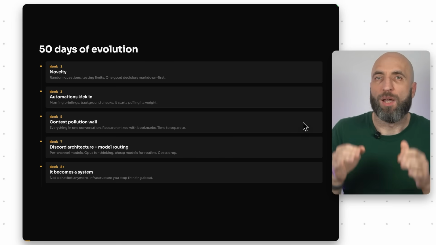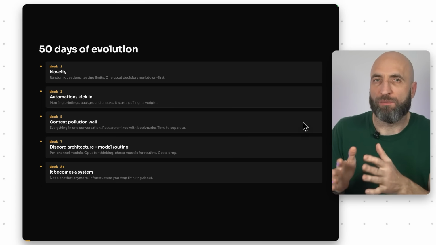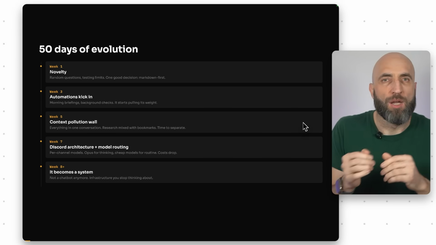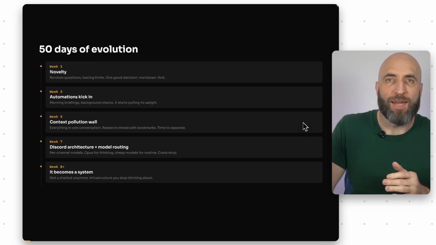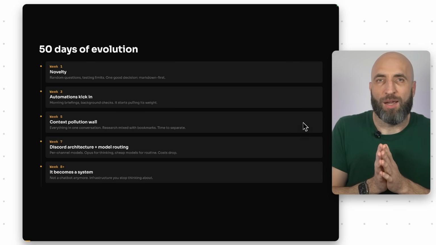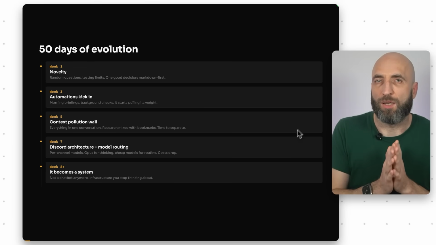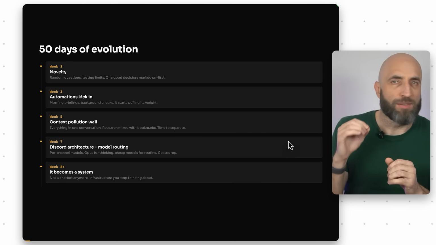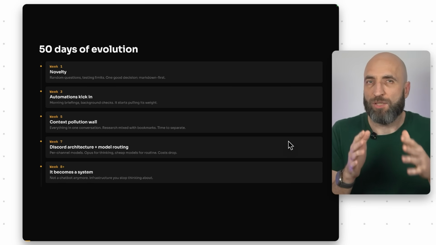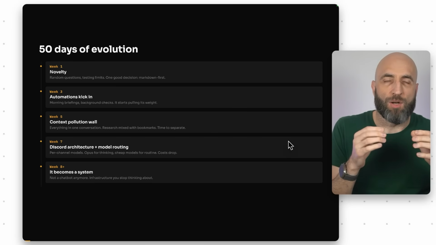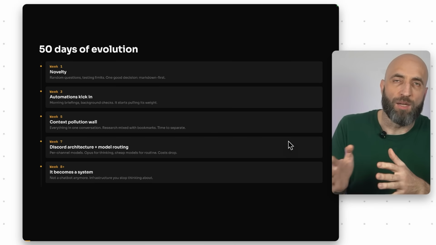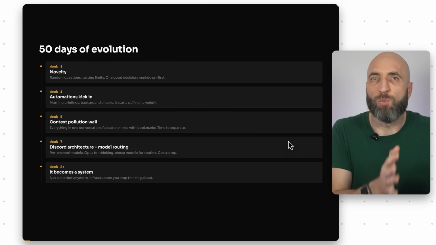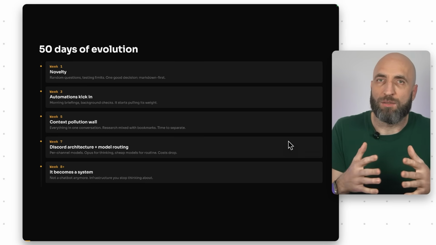I now have one Discord channel per workflow. This way, research doesn't bleed into analytics, bookmarks don't pollute daily assistant tasks, and I'll show you the full architecture later. In week 7, another lesson. Not every channel needs the same brain. You need to match the model to the task. So Opus is for deep thinking, and cheap models are good enough for routine work,